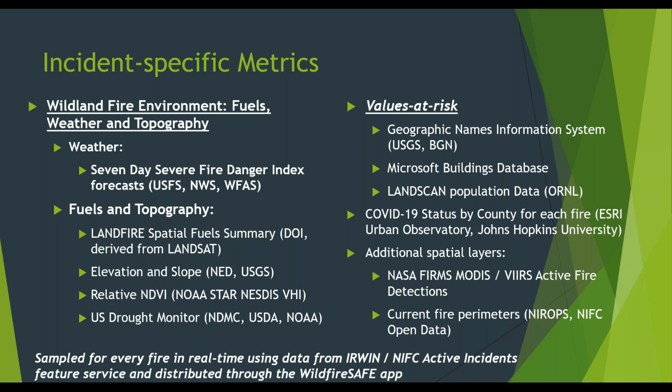So some of the things that we're summarizing inside the app about the fire environment are fuels, weather, and topography. Our weather right now focuses on the 7-day fire danger forecast. So we have 7-day forecasts of the energy release component percentile and burning index percentile. Those are used to provide the severe fire danger index for the next 7 days. We have fuels and topography summaries as well. So LANDFIRE, using the LANDFIRE spatial fuels, but we're aggregating it up to simple fuel classes or categories that basically just tell you, is it burning in timber, is it burning in grass, so what is the fire burning in,